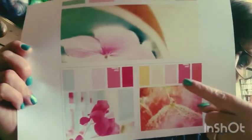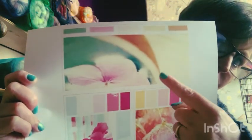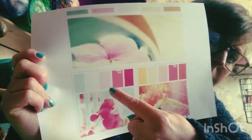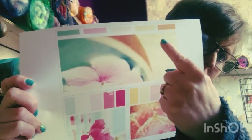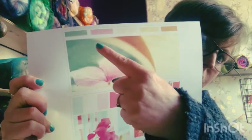I'm just trying to look, I can't get in to have a look myself. So where was the first one? I think it was this one, but no, it's this one down here. So you've got this mint here, then this off-white, then a pink, a lighter version of raspberry and a darker version of raspberry. And then this one up here, I've got antique gold, a softer creamy gold, off-white, dusky pink, or it's a dusky raspberry,